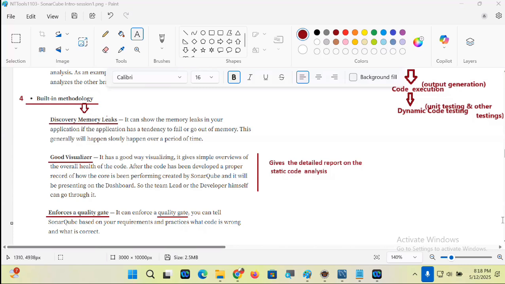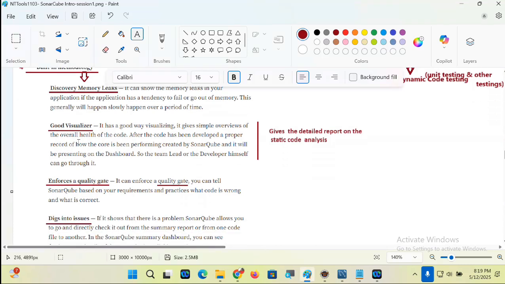Next one, what is there, guys? Good visualizer. When it finds so many problems, it has to give a list of errors now, boss. A good reporting environment is there, and you select the error. You will get more and more details about that error. It will give the solution, and it will tell what to do. It will tell why this problem happened. Moreover, if you double click, it will take you to the line where that problem is raised. Is it not an interesting aspect, my dear guys? Okay. It has got a good way of visualizing.